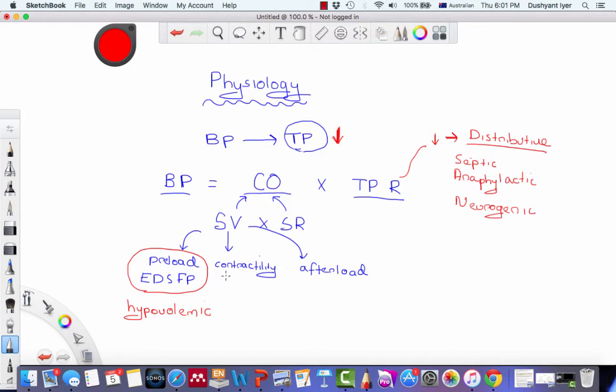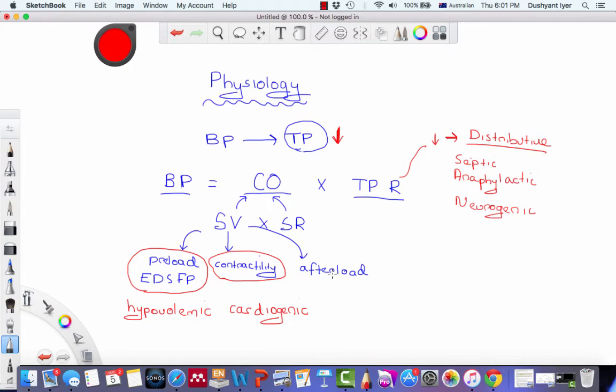There's also shocks associated with poor cardiac contractility. So when the pump actually fails. Now, things such as myocardial infarctions, things like cardiomyopathies, essentially we refer to these intracardiac pump failures as cardiogenic shocks,